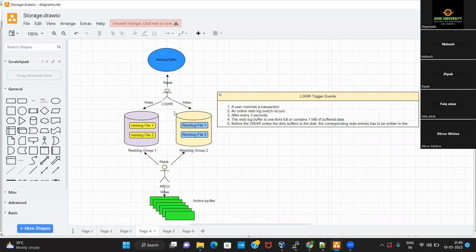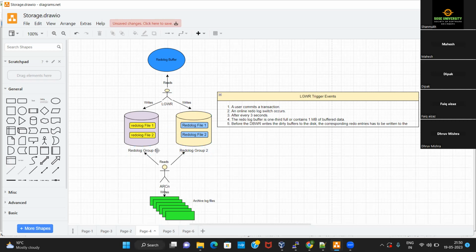Now, in this diagram you see how those redo log files work. In an Oracle database server, at any given point in time, you need to have two redo log groups.